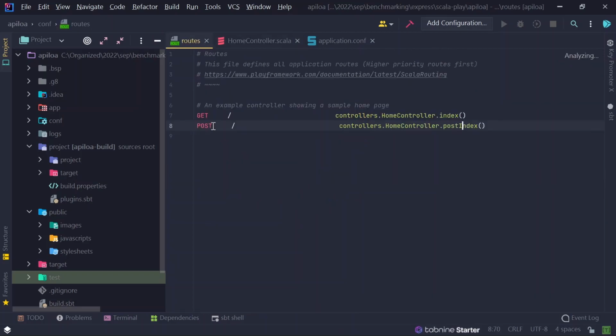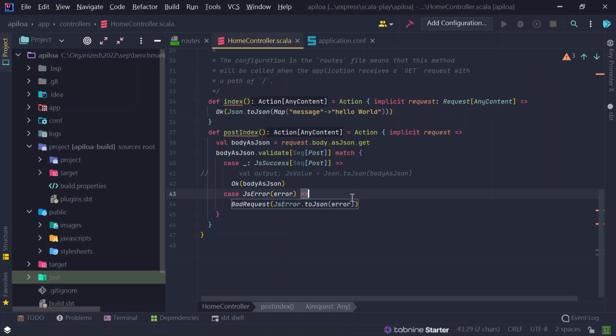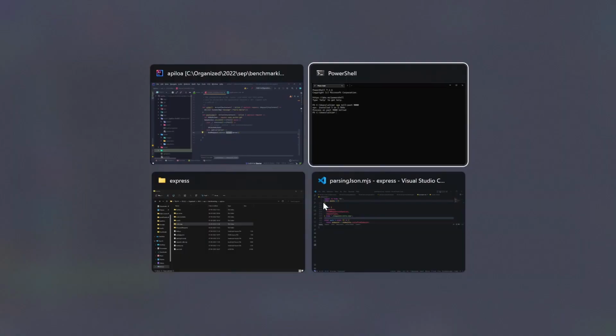And then I have added the route for the post request. That's all. In case we get any error, we are just giving a bad request error here. That's it. So that is about the Scala. And if I go back,